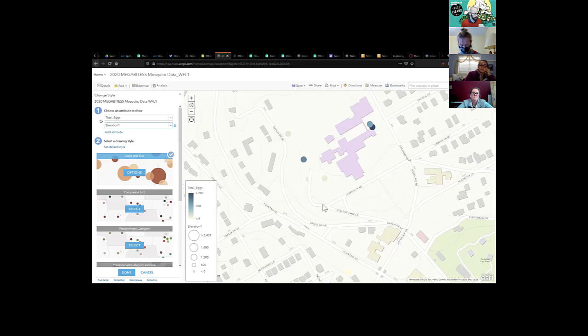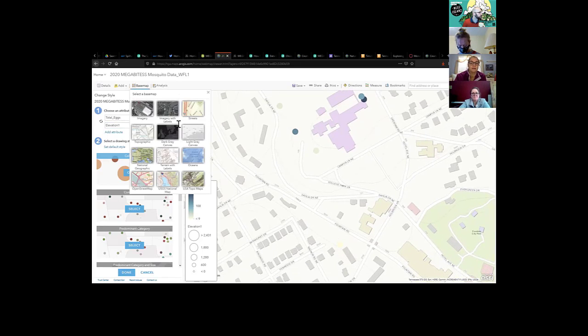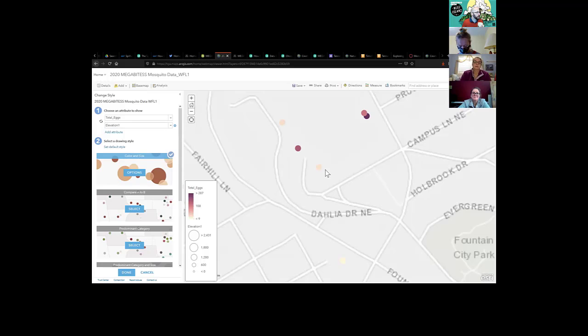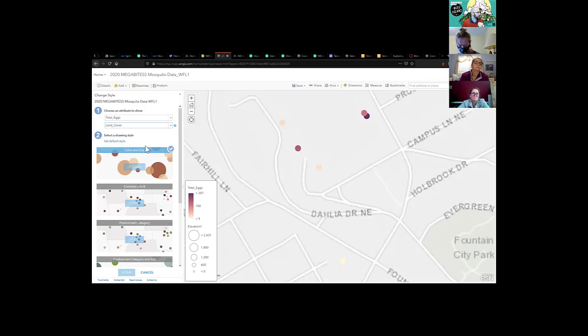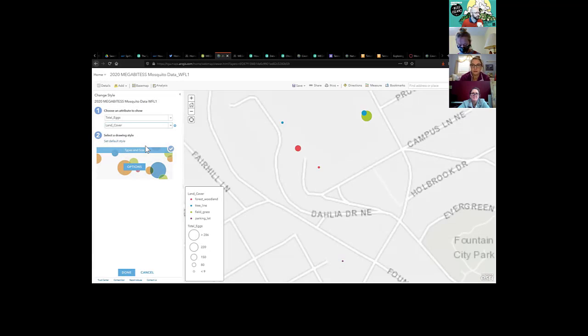Now it looks like everything where you're at is about the same elevation. Well, there's the one that's really low down at the bottom. You can barely see the circle, but it's at a lower elevation than the one up right there by the school. Yeah, it's harder to see these colors. Yep. But we could look at that. Or if you didn't want to look at elevation, we can come down and look at that land cover option. Or adjacent to water. You can do any of those, right?